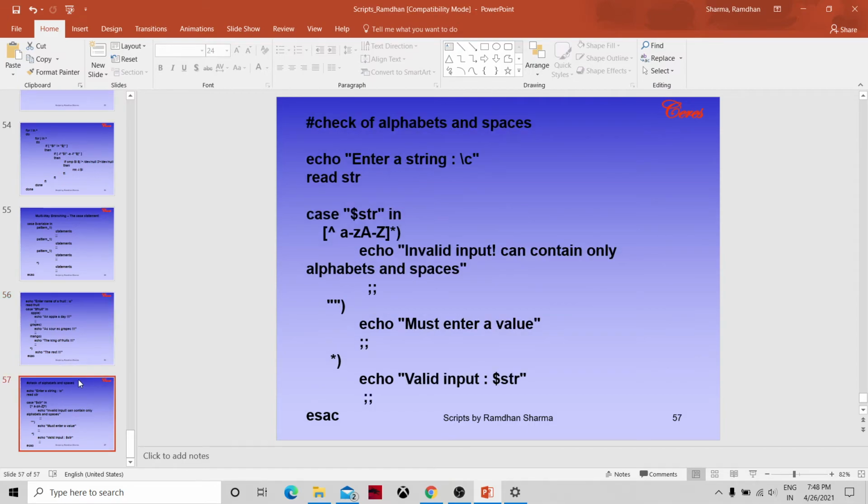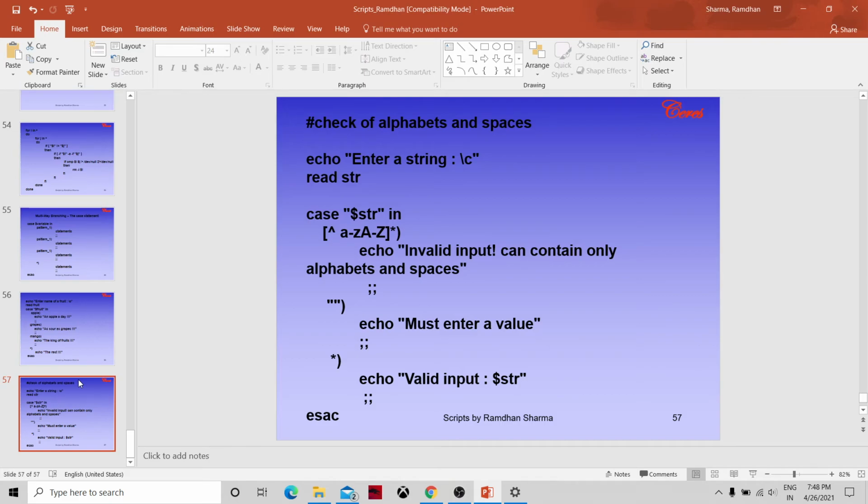Check for alphabets and spaces, whether a particular character is an alphabet or a space. So read str, case str. The input can only contain alphabets and spaces.